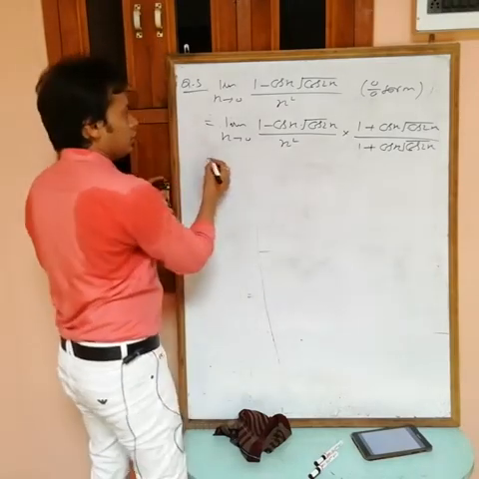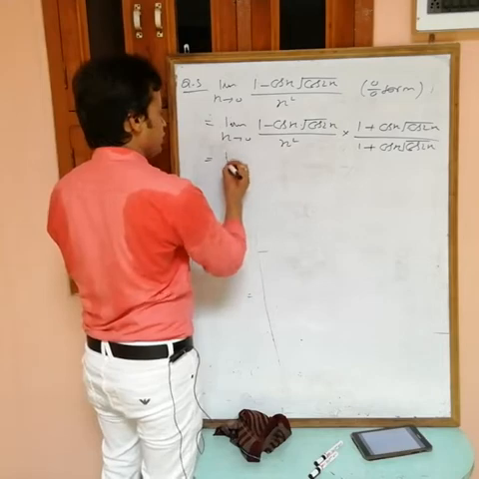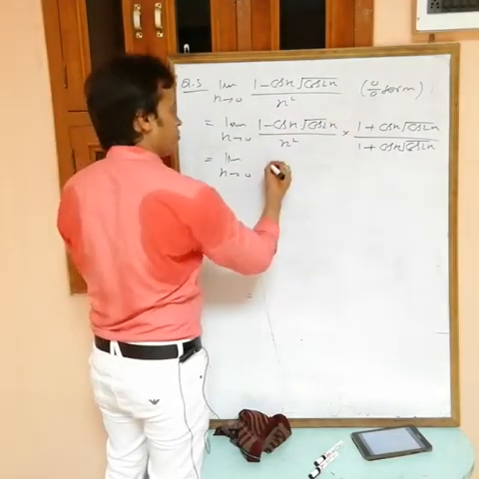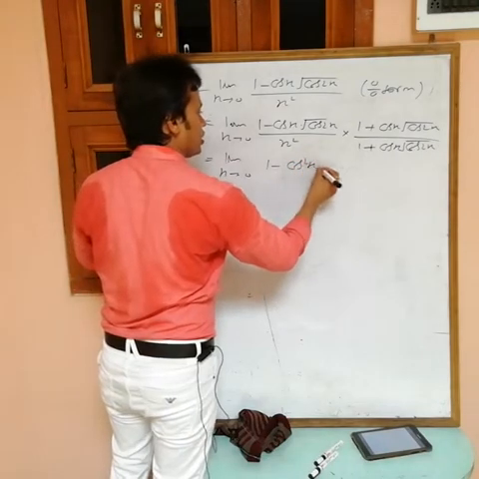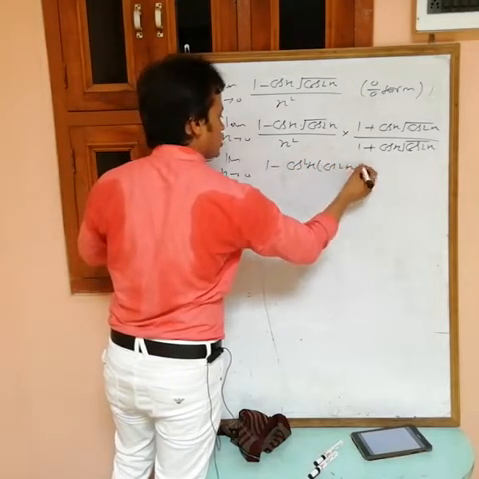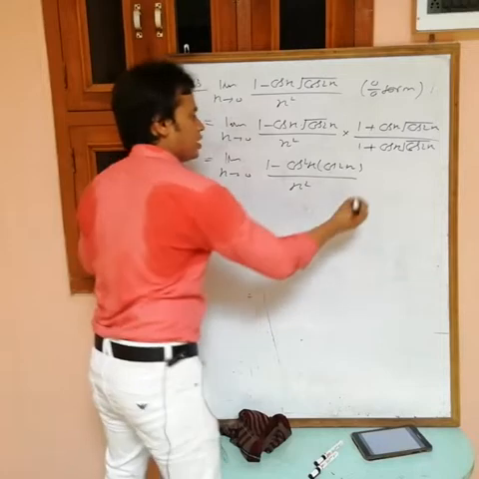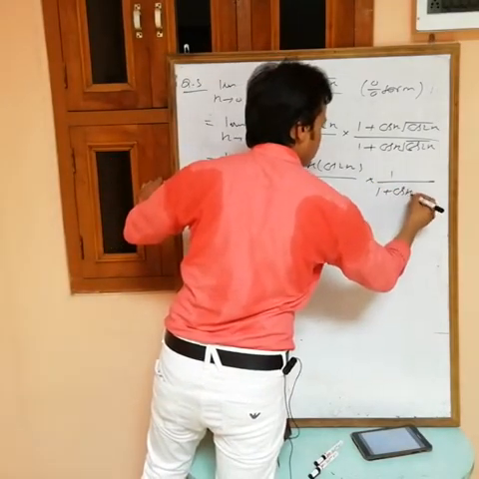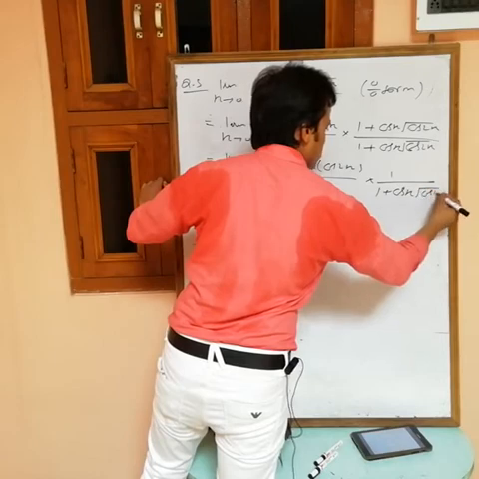Okay. Now after that multiply, limit x tending to 0, a minus b, a plus b, a square minus b square. What we are getting? 1 minus cos square x into cos 2x by x square, and this one as it is, 1 by 1 plus cos x into root over cos 2x.